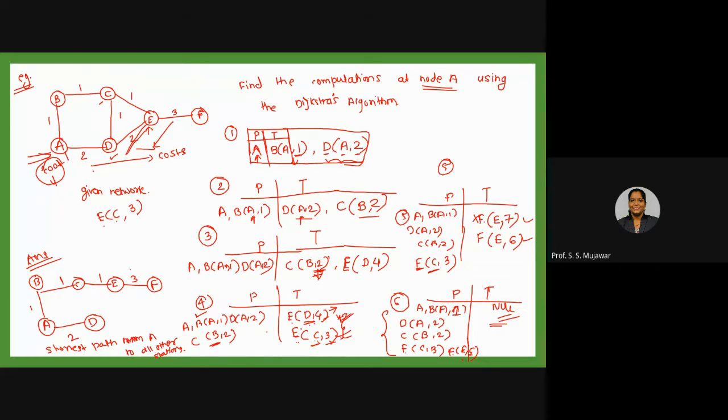This A, B, C, D, E, F. In this way, we have connected. So this is the shortest from the A to all other stations. Is it clear now? Yes, ma'am. Okay. So